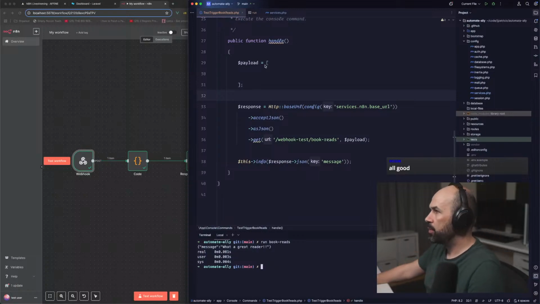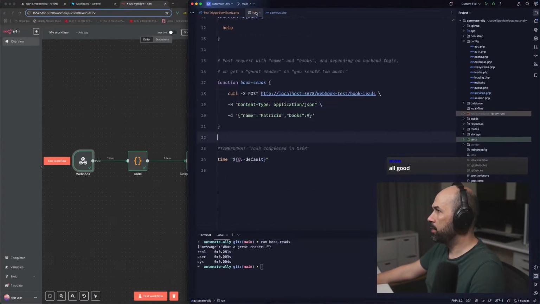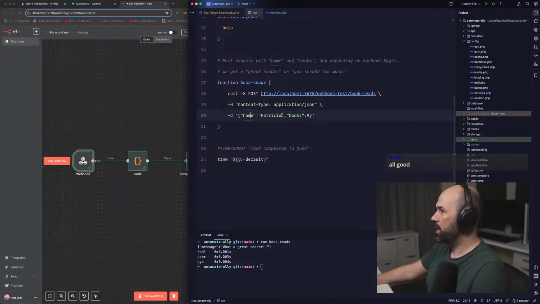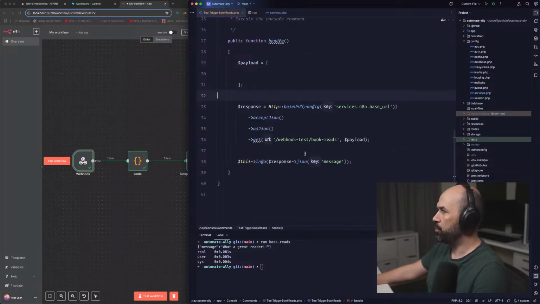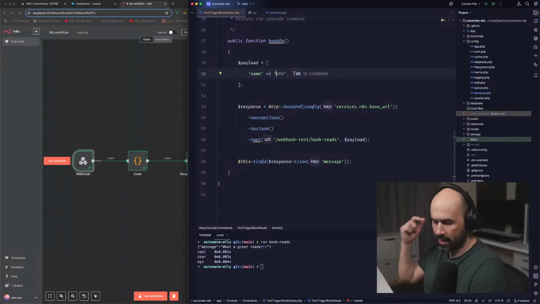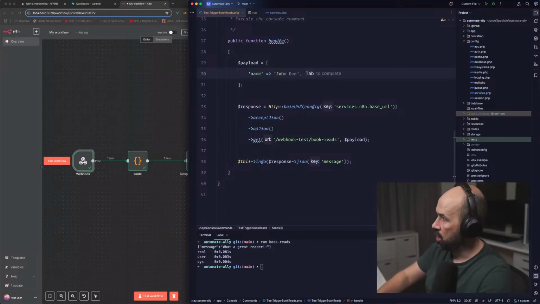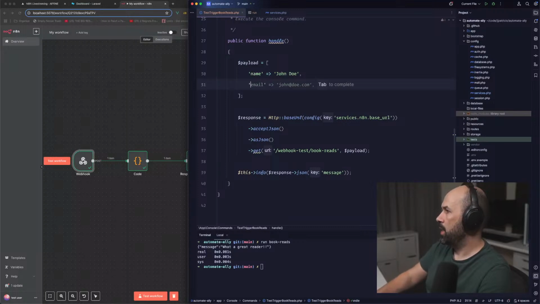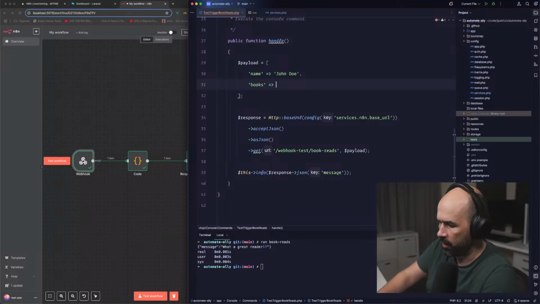Yeah, so the run command, name and books, amount of books. So the name is not even being used, so it doesn't matter. That can be like John Doe, and the books, it's just a silly thing I reminded.